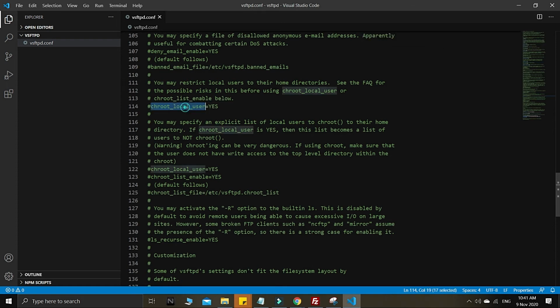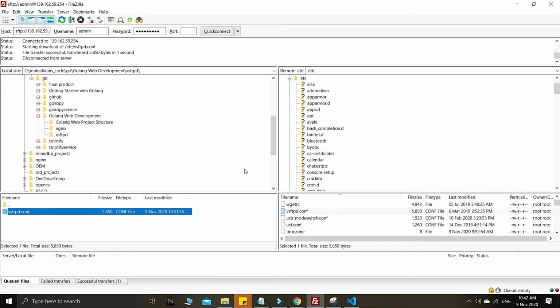So these are all the local users. You may restrict local users to home directory. Yes, you can restrict these things, guys. Other possibilities using the local user and the below. So these are all the things, yes, but you can enable this, and then we can upload back. These are all the settings, guys, so you can play around with this, but these are all the recommended settings, guys. So I uploaded back,